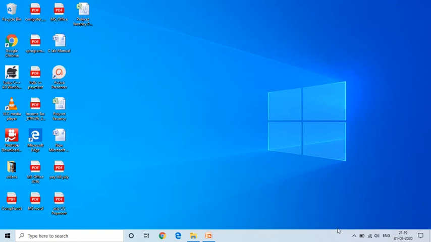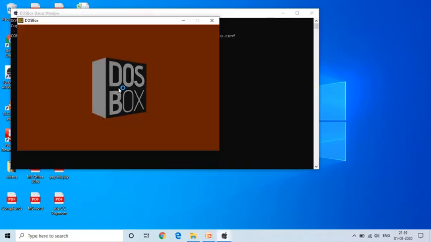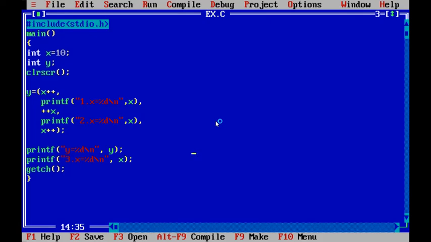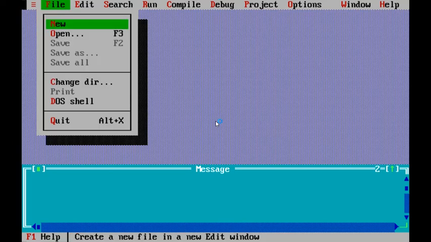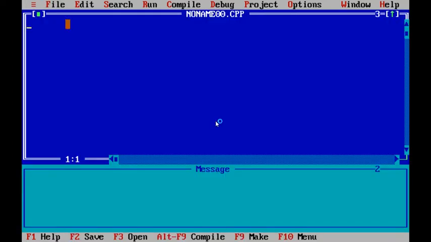Open the Turbo C compiler, click on the File menu, New option, and type the program.